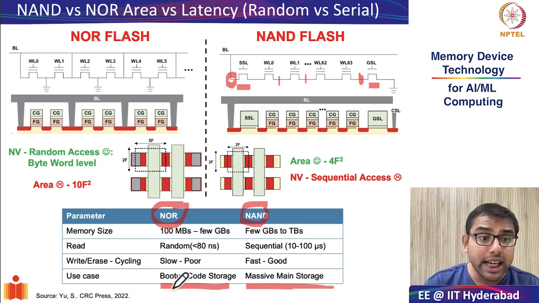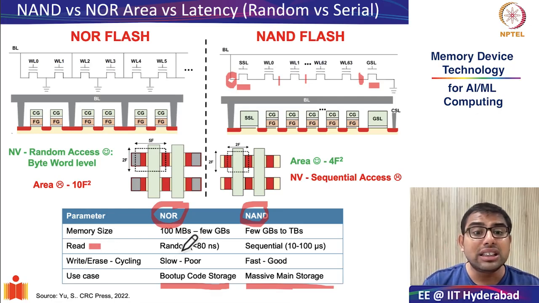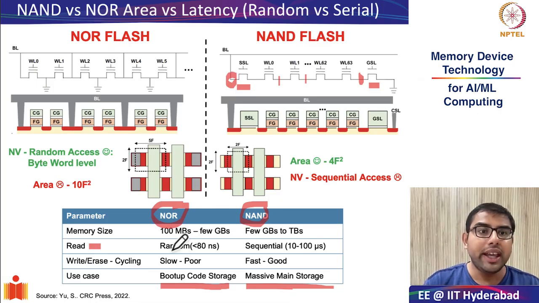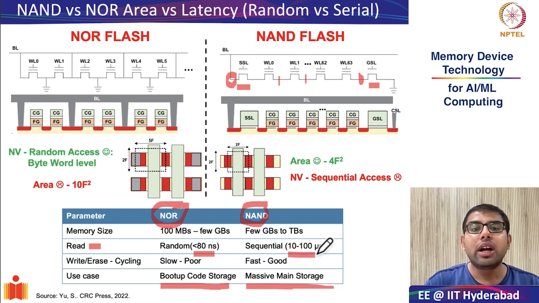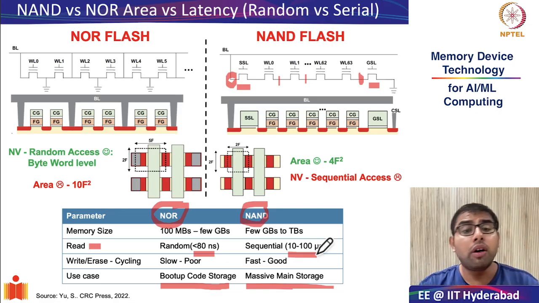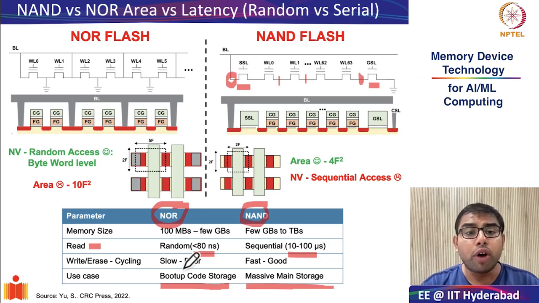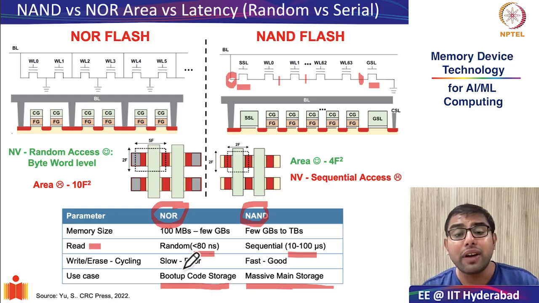How does the behavior change? The read latency is very tiny, comparable to DRAM, for the NOR flash, which is roughly 80 nanoseconds. Whereas for NAND flash, it is 10 to 100 microseconds. Several orders of magnitude higher, almost 4 to 5 orders of magnitude higher. Whereas the write ability for NOR flash is very slow, but the write ability in NAND flash and the cycling